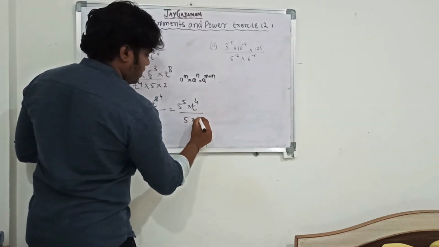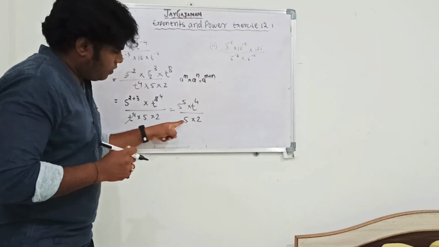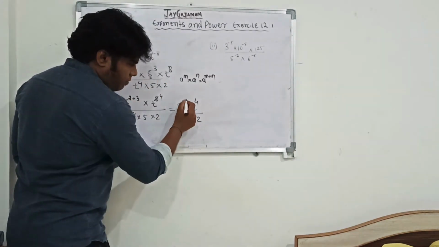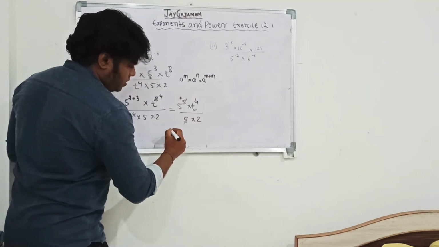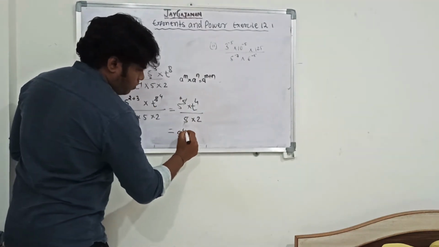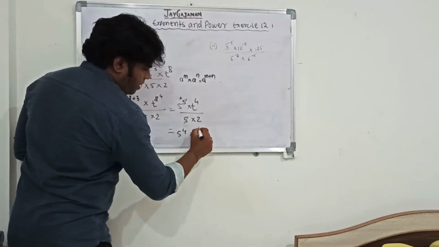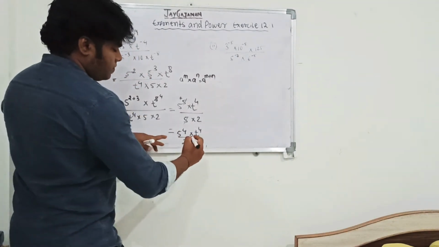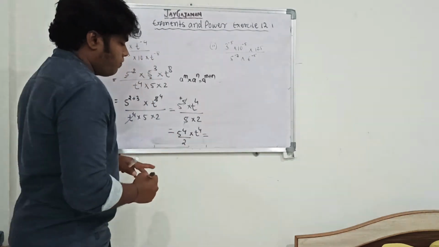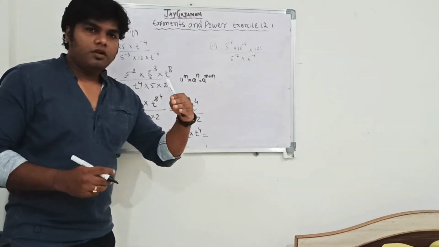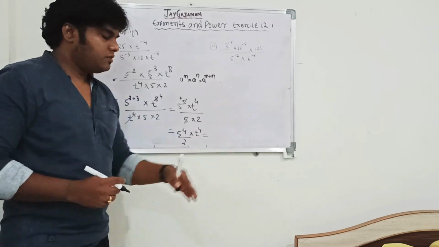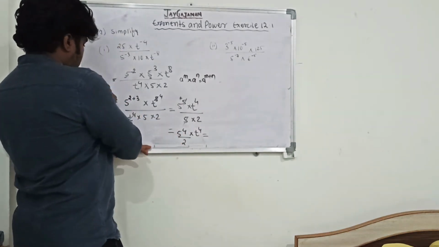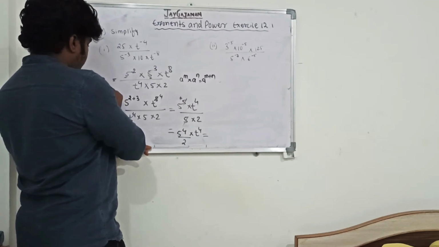5 up multiplied by 2. Now 5 here only one time and here 5 times. So if I cut this one time, so here left with 4 times. So answer will be 5 to the power 4 multiplied by t to the power 4 upon 2. If you solve this, 5 to the power 4 means 5 multiplied by 5 multiplied by 5 like 4 times. So 125 again into 5.